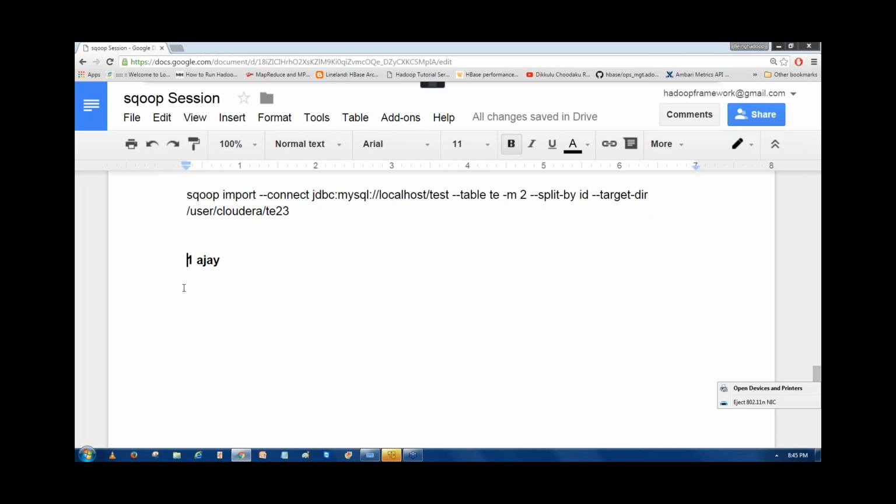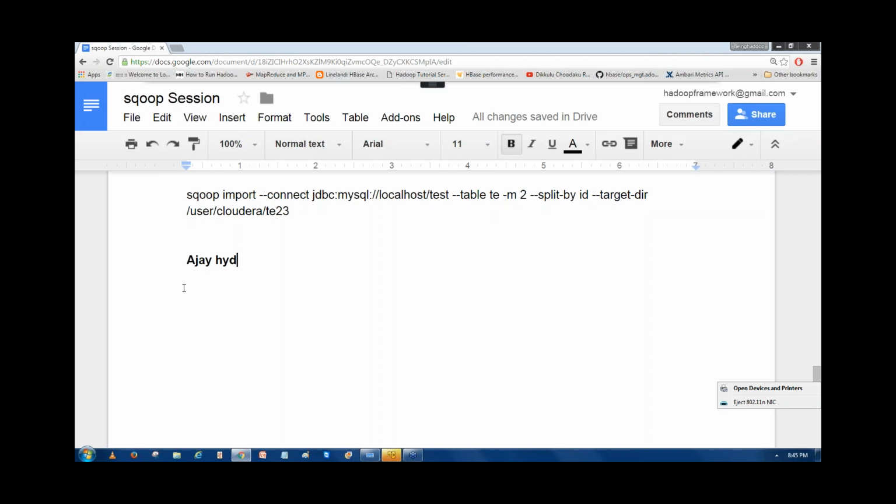But if the table has something like names, how do you divide the data among the mappers? From where to where do you take the data? You should specify it clearly to the Sqoop command: split the table with this particular field.